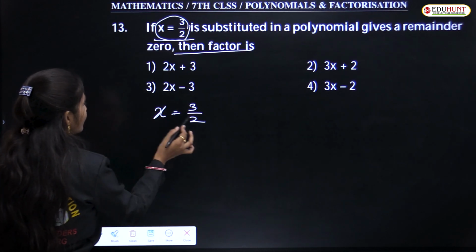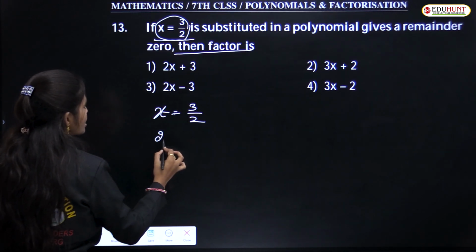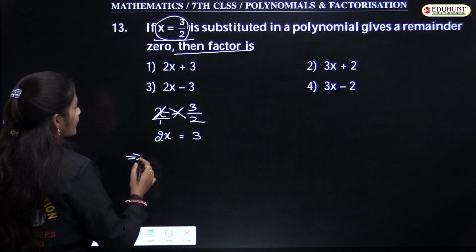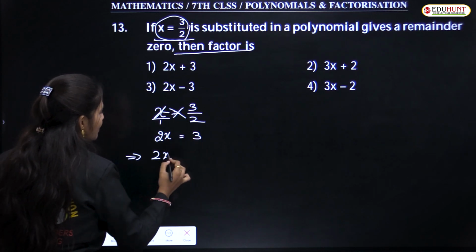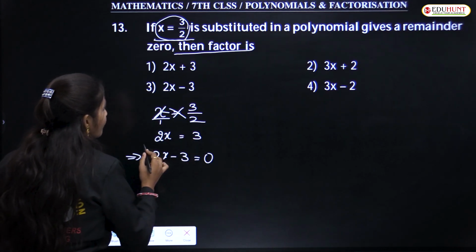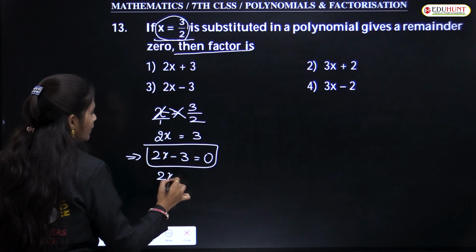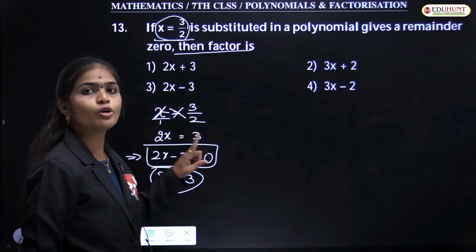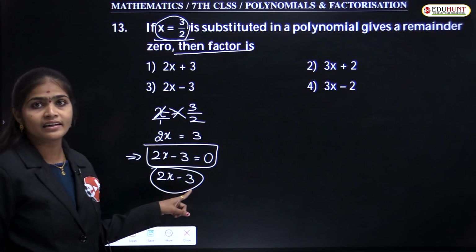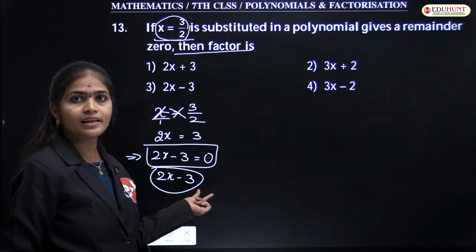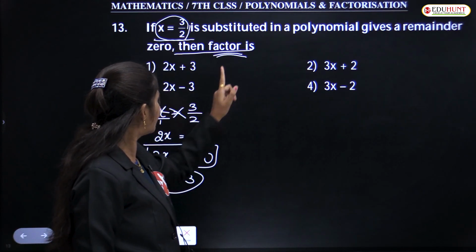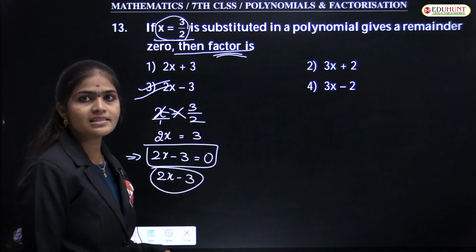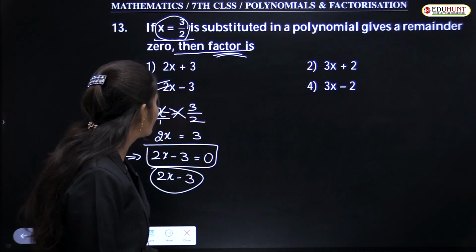So here we have to write this as x into 2 is equal to 2x, 2x is equal to 3. Just take the cross multiplication. Now here 2x minus 3 is equal to 0. We can say that this is a factor now. If P of x is one of the polynomials, that polynomial divides with 2x minus 3. So 2x minus 3 is a factor or not? That factor only they are asking here. So which option is correct? Yes, option 3 is correct, that is 2x minus 3. Okay, is it clear? Very easy, this one.